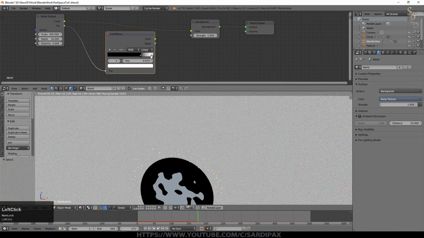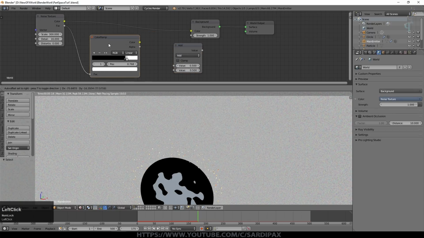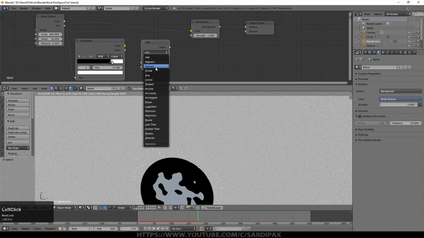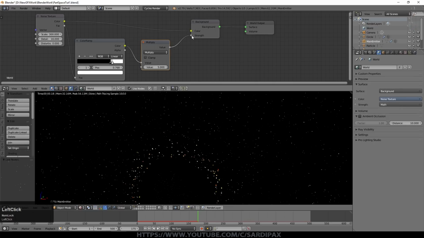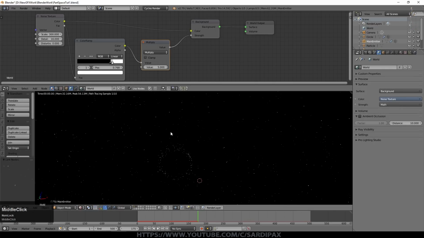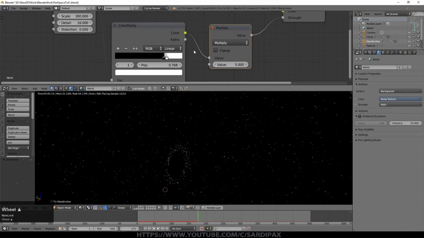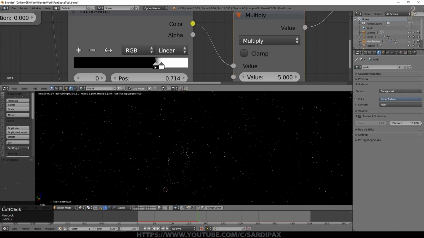Bring the two pointers close together, add another converter which is a math node, set that to multiply, take the output of the color ramp into one side of that, and I set that to 5, and then I connected that into the background strength, and now all of a sudden we've got a star field, and we can now play around with these points to adjust the density of our star field.